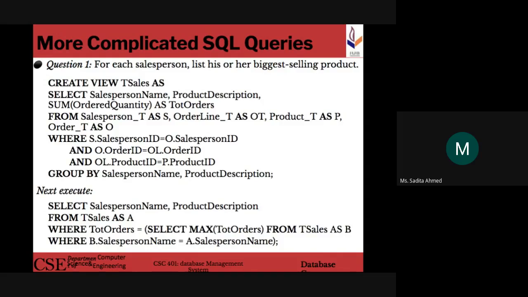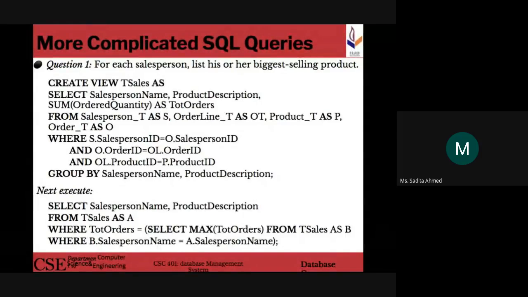So a separate group will be created for each product. Let's say, for example, all the orders that I've handled for end tables, within my group, by the way, within my group, not outside, the rows where end table is the product description value, all of them will be combined to create a subgroup. The aggregate function sum of order quantity will be applied within that subgroup, the total order quantity. So what do I get? The total number of end tables that I have sold, and then another group